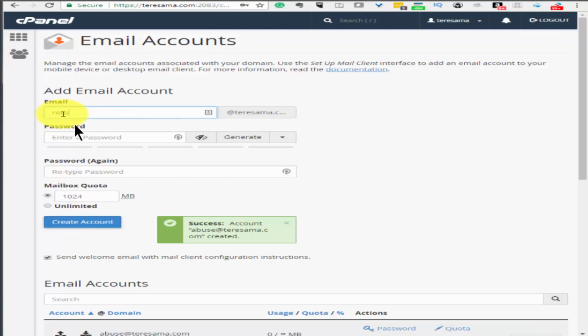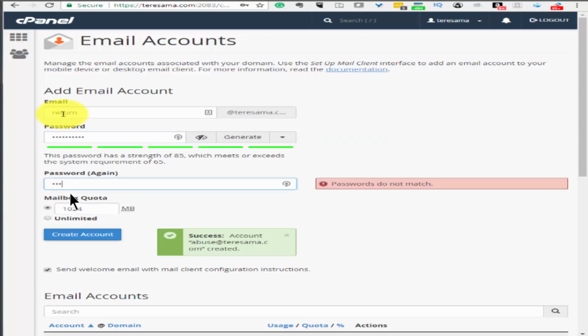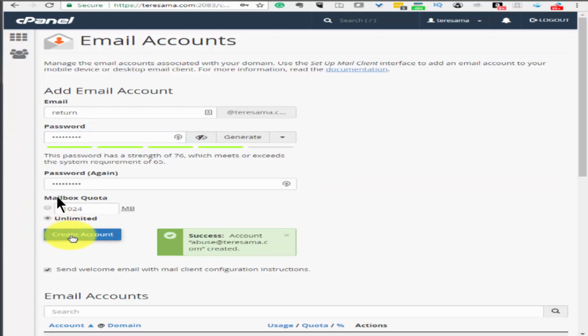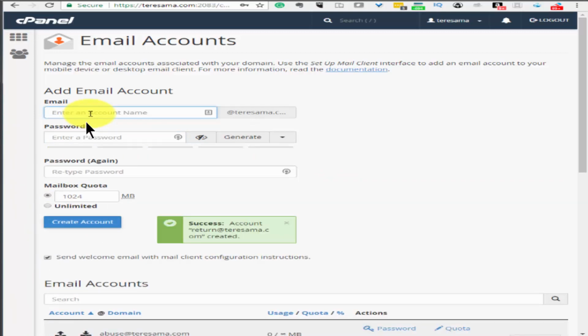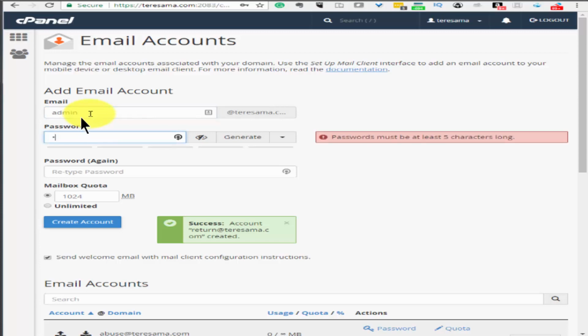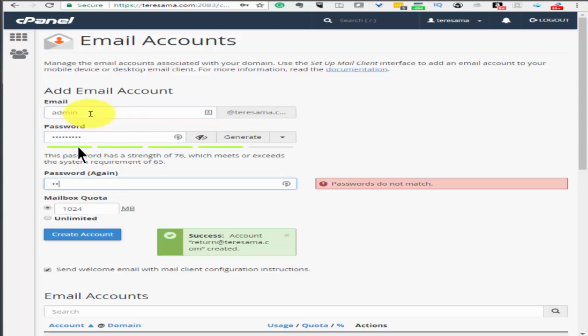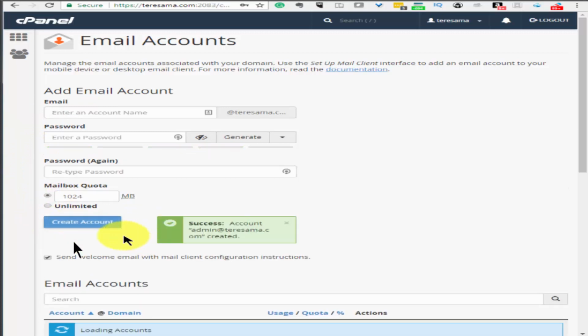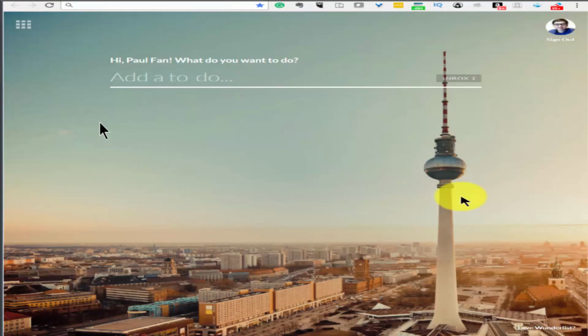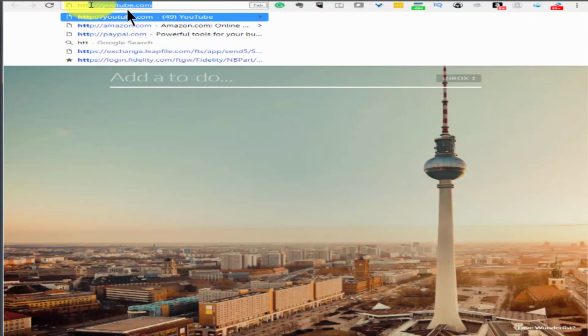And next one, I choose return. Okay, and go to the password and choose unlimited. Okay, I retype the password and choose unlimited. If you type a password, you have to be correct twice. And the main password again, and unlimited, and create account. So basically that's it. So I just created the 6 email accounts, and now I'm going to the